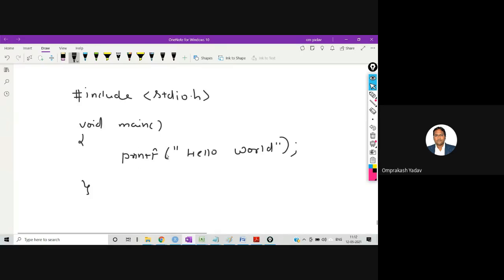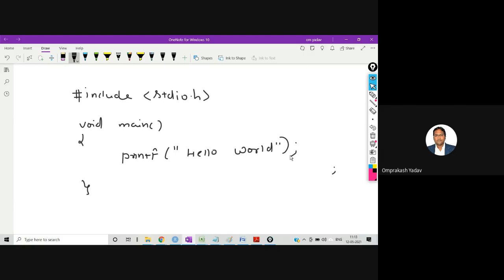Now inside this I've written one printf function. This is also written in the parenthesis, but I want to display on the screen hello world. This is a string form, so you can write in double quotes. What I've written in the printf in double quotes is hello world, and then each and every statement in the C language must terminate with this semicolon. At the end you must terminate the statement with the semicolon.